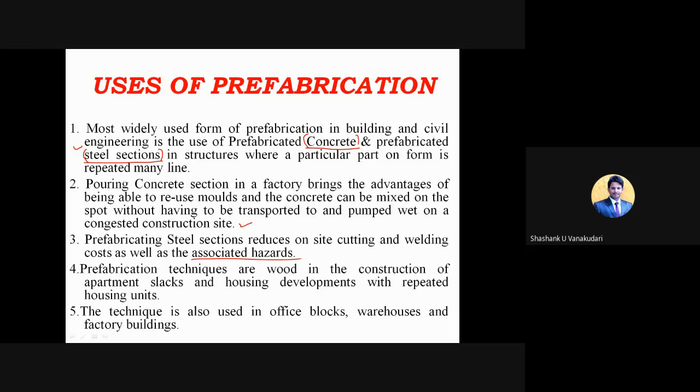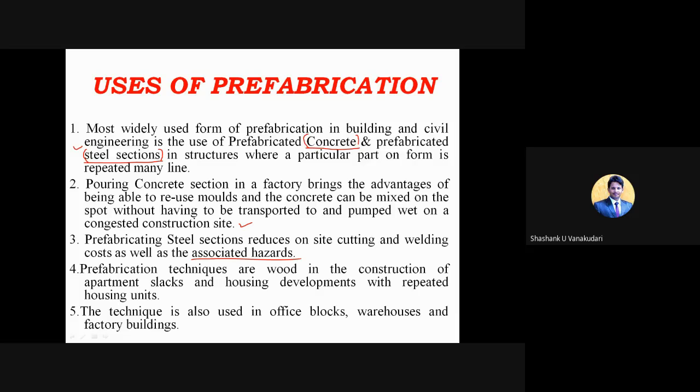With high-rise structures, the hazards may take place a lot, right? So if you prefer prefabrication concepts, all the structural components are fixed at the manufacturing site itself, and they will just bring them and install them at once.